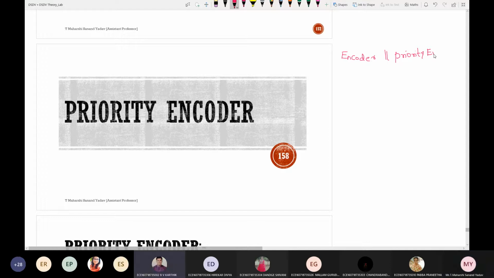It gives priority to the highest number. Oh, it gives priority to the highest number. So can you give me an example? When a situation arises that it has to select from one or two, it will select two.